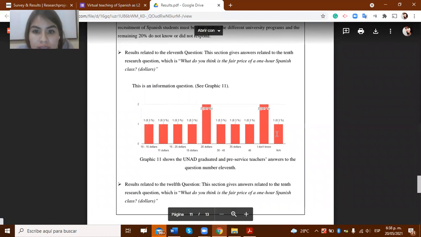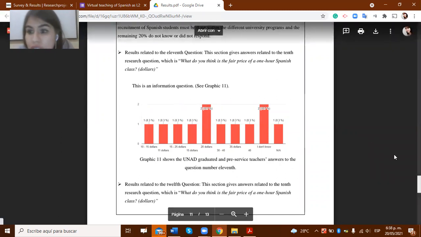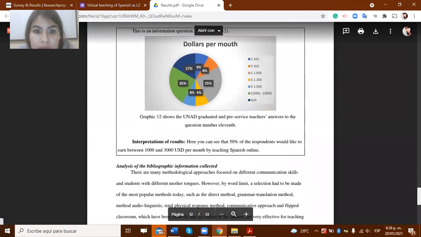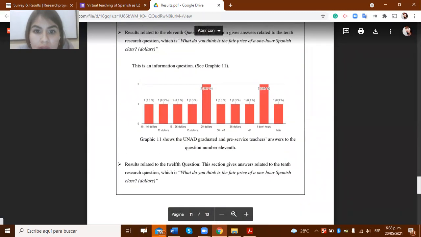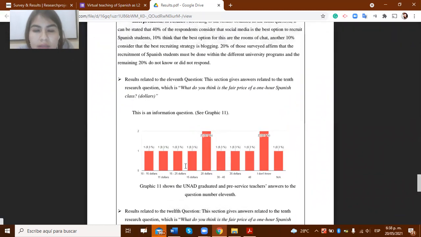Now, in this bar diagram, you can see the answers related to learning research. Here is the amount of dollars they consider a fair price for the hours per class.